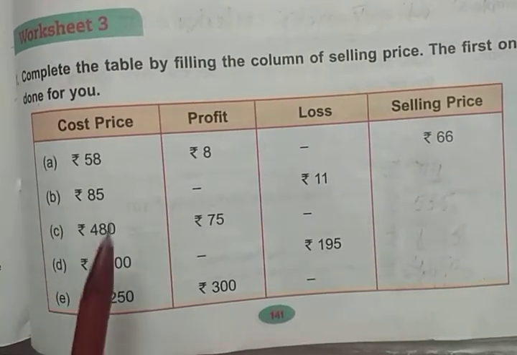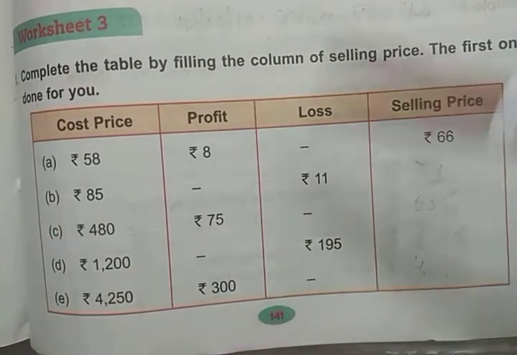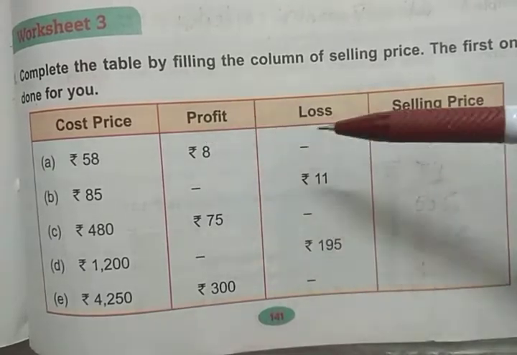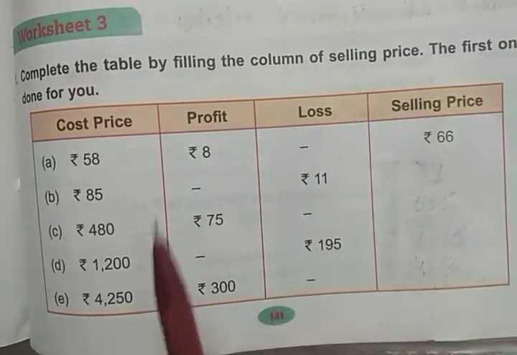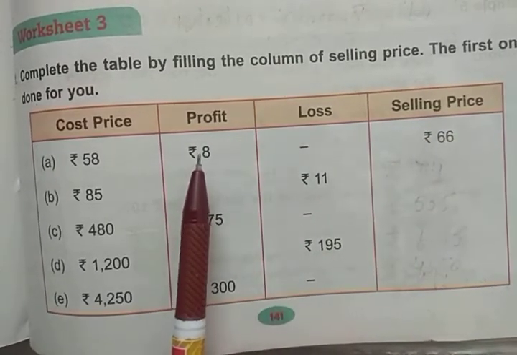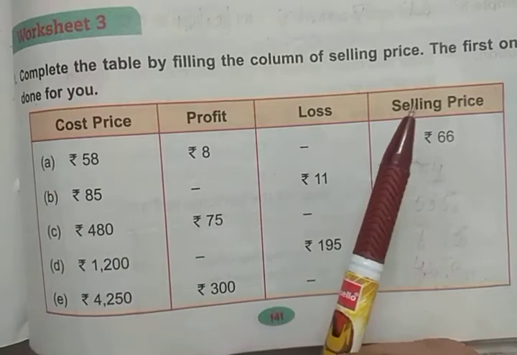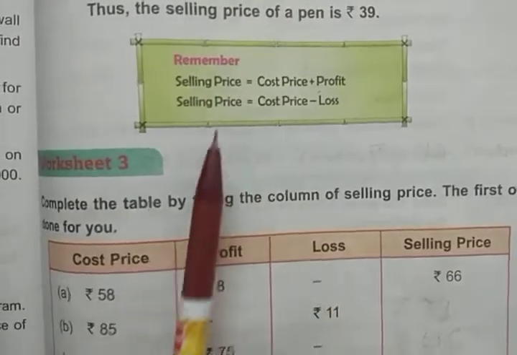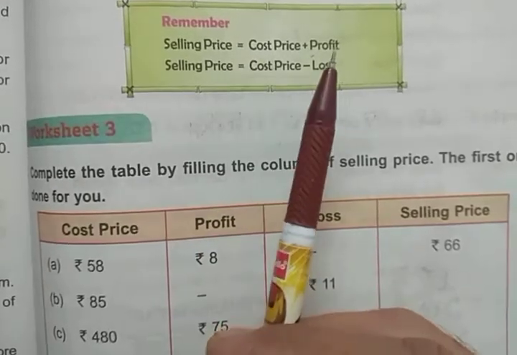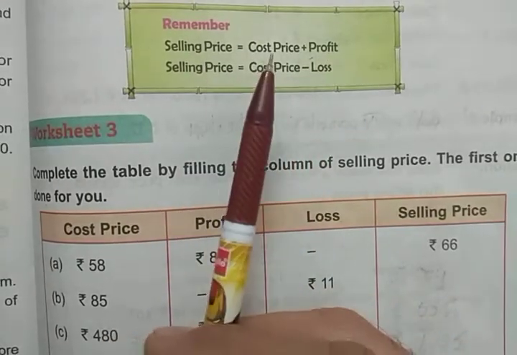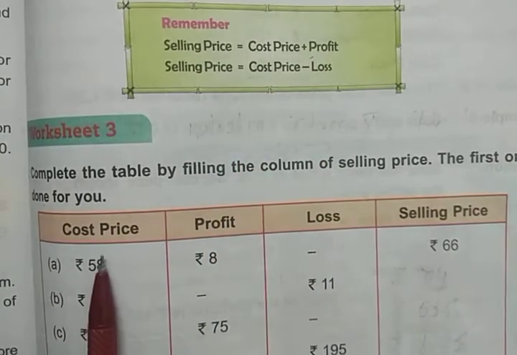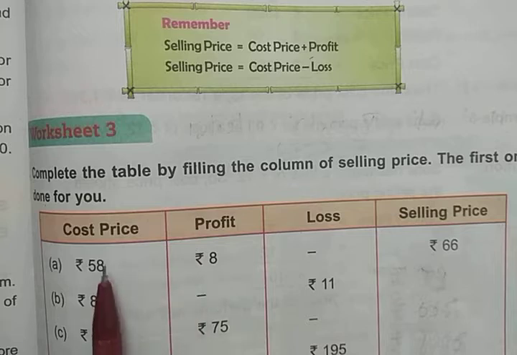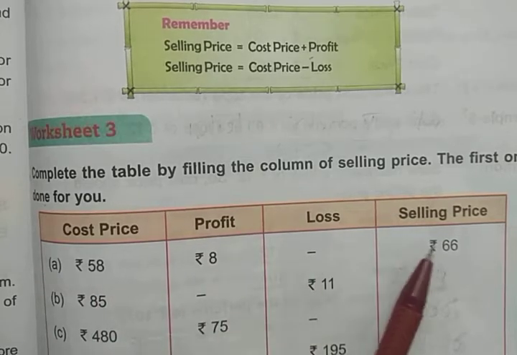Here the cost price is given, you can see here in first column, and in second and third column profit और loss, इन दोनों में से एक दिया होगा. So profit is given in first situation, so selling price you have to find out. तो आप you can see here, यहाँ पर आपको अगर profit होता है तो आपने क्या करना है, cost price में add करना है. तो add cost price and profit, so 58 plus 8 you will get the selling price,